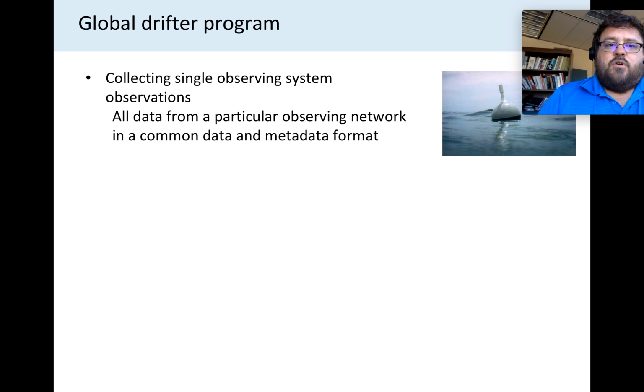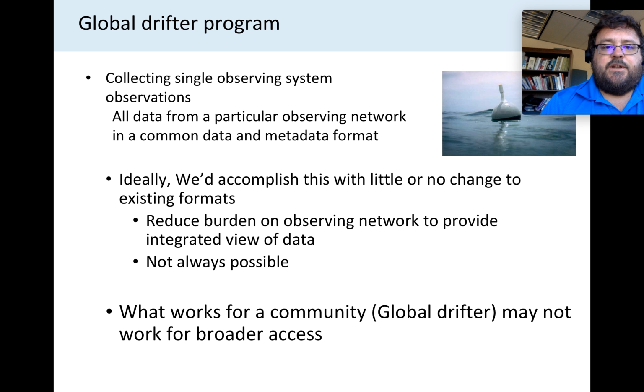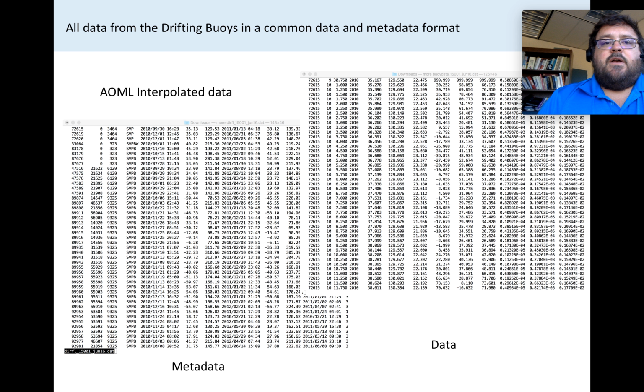Now, the Global Drifter Program was a little different. They have 1,500 surface drifters that drift along and measure data. And what we wanted to do is not only improve the data, but allow us to look at this whole collection as a single entity, as a single feature, rather than individual surface drifters. Now, the formats that they were using were fine in and of themselves, but they had two data files. One was a metadata file, which described the observations, and one was a data file, which then actually had the data.